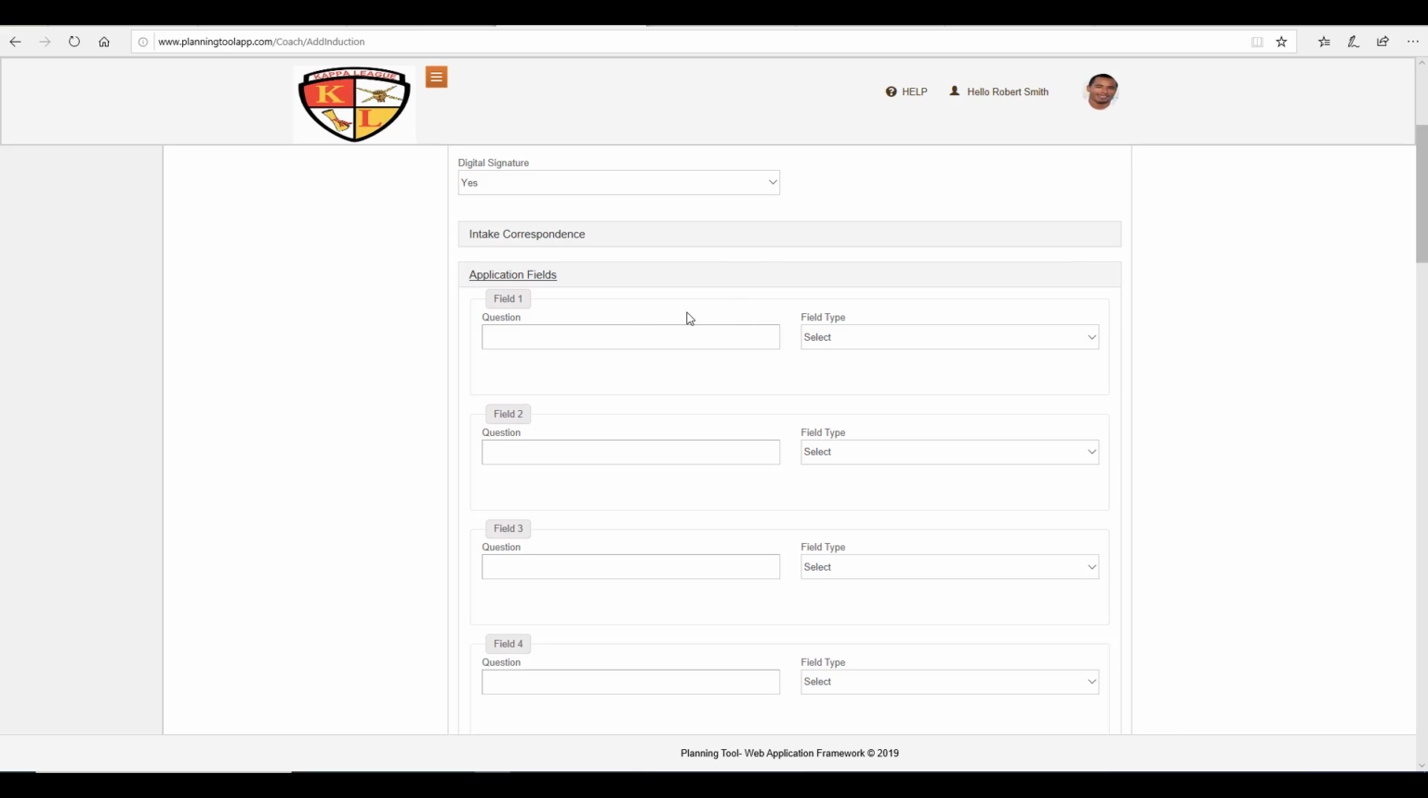So here, field 1 is obviously question 1. You'll put your question in here, and certain questions are already there, so their contact information, all of that's going to automatically be asked on their application, so you don't have to enter those. But here you can start by